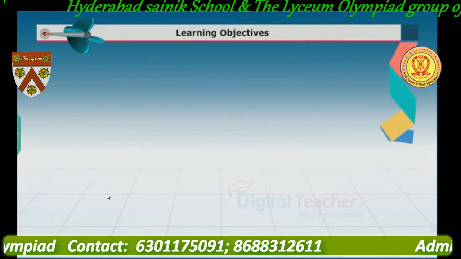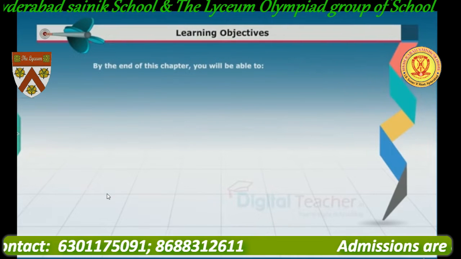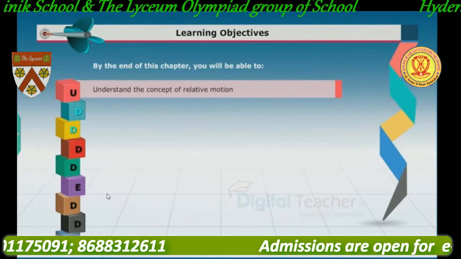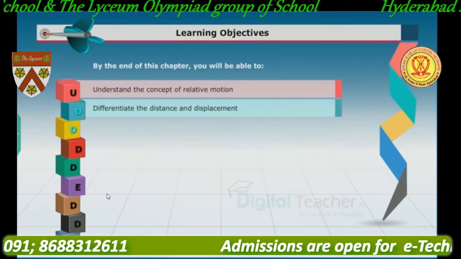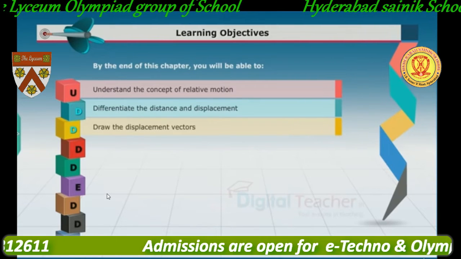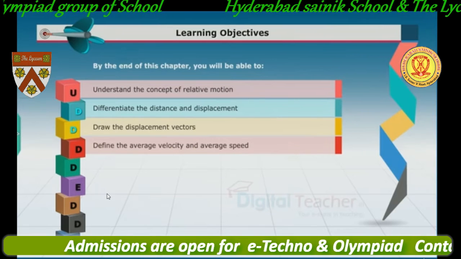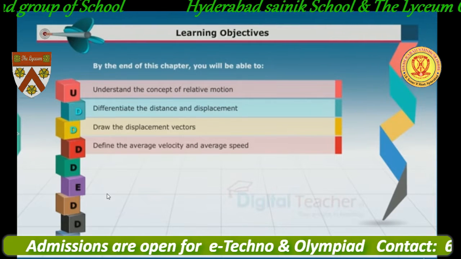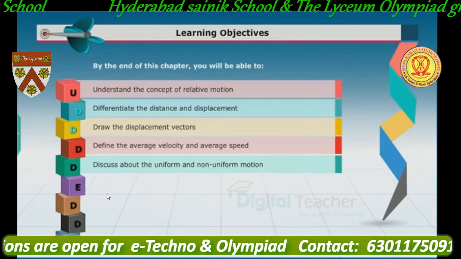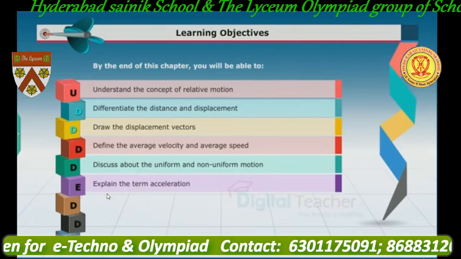Learning objectives. By the end of this chapter, you will be able to understand the concept of relative motion, differentiate the distance and displacement, draw the displacement vectors, define the average velocity and average speed, discuss about the uniform and non-uniform motion, explain the term acceleration,